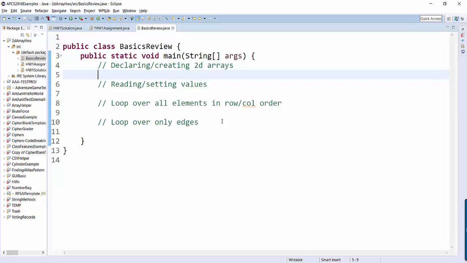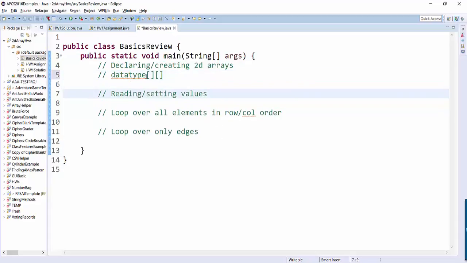So declaring always has the same pattern. The pattern is data type bracket bracket. Data type is whatever data type you want the array to be, bracket bracket tells it's a two-dimensional array, then the variable name, so that declares it. Or you could declare it and assign it a value by saying new data type,